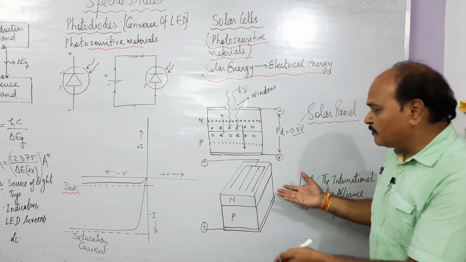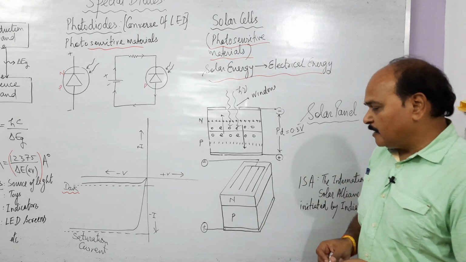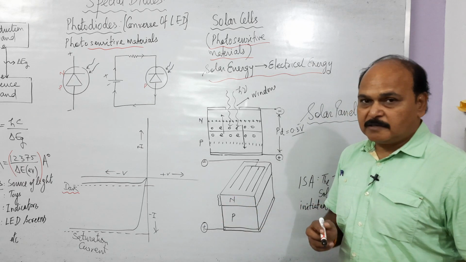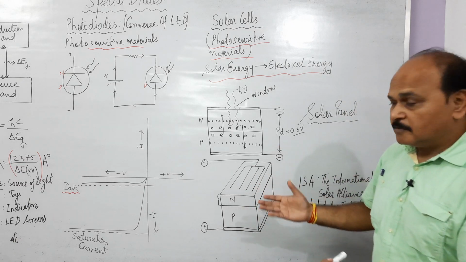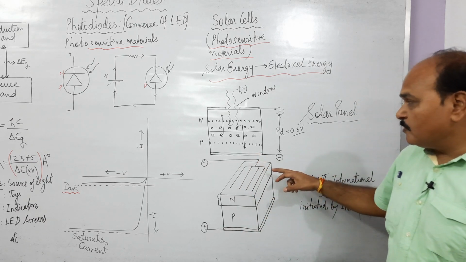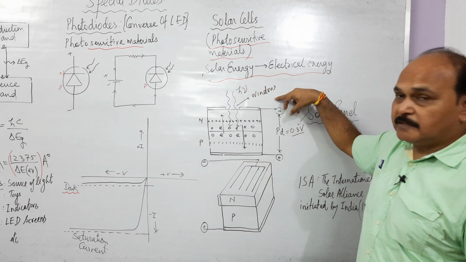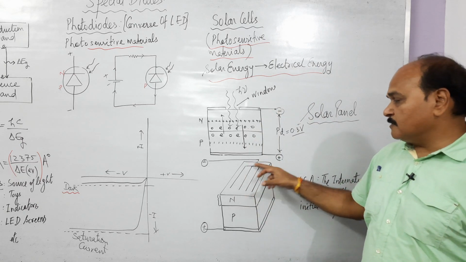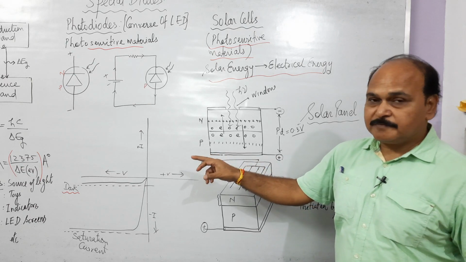This is another diagram of a solar cell. This is N type of material, this is P type of material, and here you can see that the thickness of the N type material is much smaller than the P type of material. As usual, over both sides we place two electrodes. This is a metal foil on one side which forms one electrode, and on the other side we do not place a metal sheet and make a hole as explained here. What do we do? We use finger electrodes. These are the wires which look like fingers, and they form one terminal.